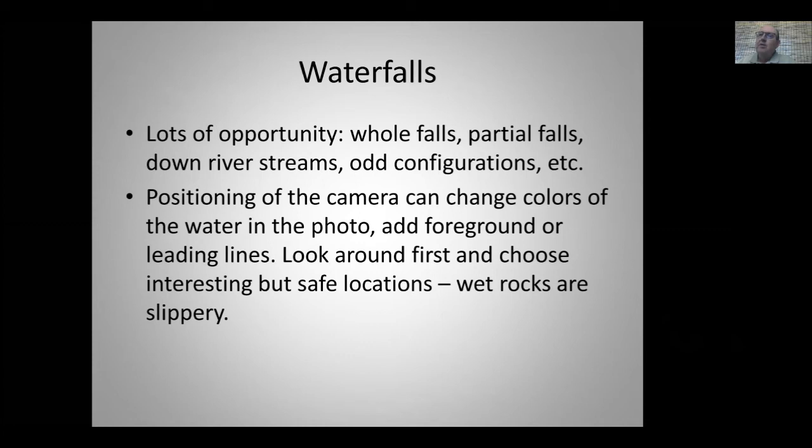You've got to walk up and down and just take a peek. Is there a better place? Can I get something here? The positioning of the camera changes the colors of the water in the photo. So if you're shooting into a dark area where a lot of waterfalls seem to be, you're going to have bluish looking water instead of the normal colors, but that also gives you an opportunity to have foreground, leading lines. So to me, it's look around, choose safe, and just remember,